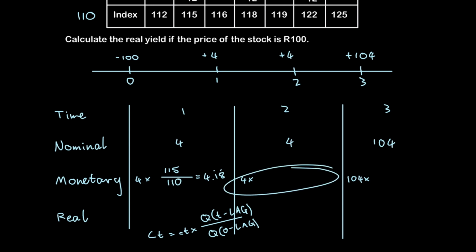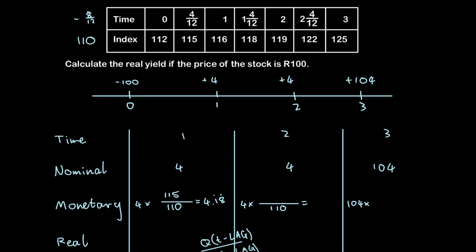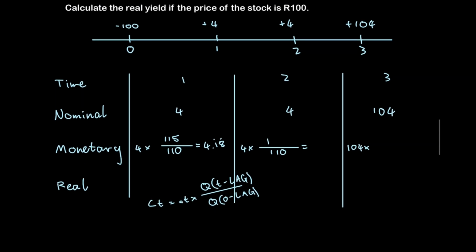Okay, at time 2, our nominal value of 4, we must still divide by Q naught minus lag, which is 110. Of course, it's still the same value. And we multiply by Q of T minus lag, except T here is 2. So 2 minus 8 over 12 is 1 and 4/12. And the relevant index is 118. And if we calculate that, we get